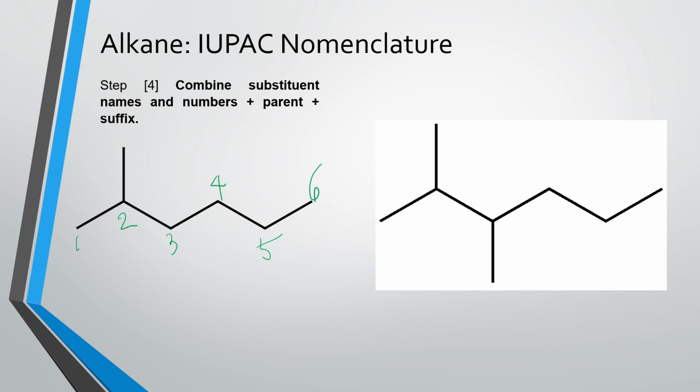So, ito ay pangalan nun, methyl. Sa IUPAC nomenclature, ilalagay natin yung location ng substituents using numbers. So, nasaan yung methyl? 2. So, 2 dash